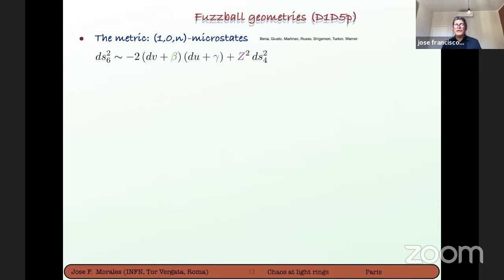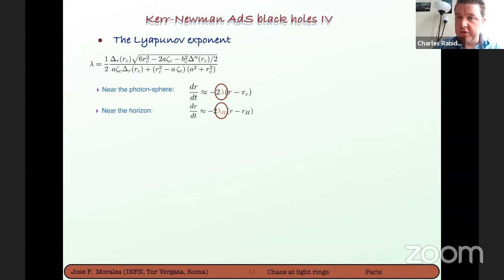Okay, if there are black holes, I will come now to fastball geometries. Could I ask you a question about the bound you were just talking about? Yes. Sorry, so the bound on chaos is a bound on the Lyapunov exponent appearing in the commutator squared. But if I understood correctly, the Lyapunov exponent you're talking about is this one from the photon sphere, right? So why are you using the same bound?